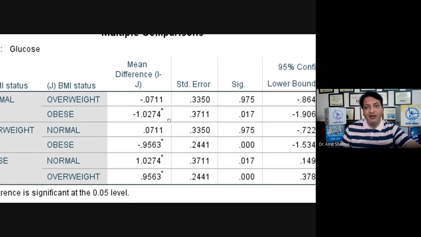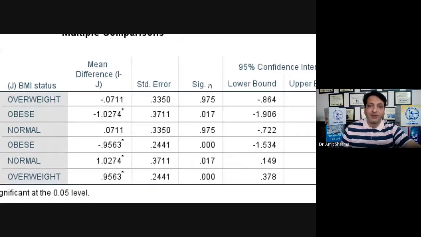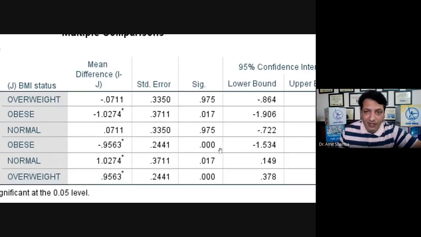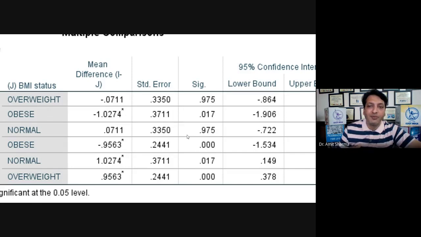And you are going to see the significance value of the post hoc test. Whatever value is less than 0.05 is going to represent that that particular group is significant and better than the other one. So the lower the p value of the group, the better it is as compared to the other one. For example, in the obese group I have got 0.000, and in another group I got 0.017.